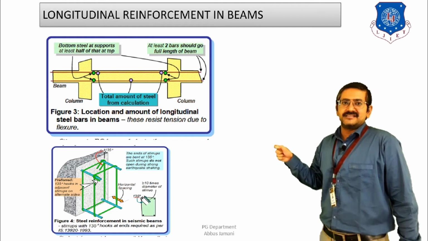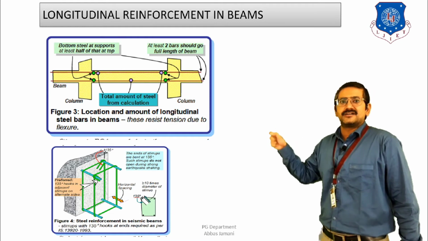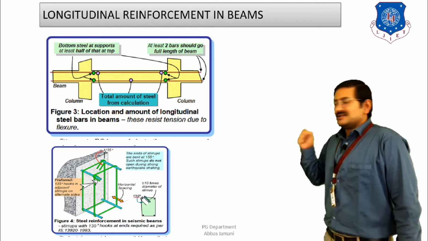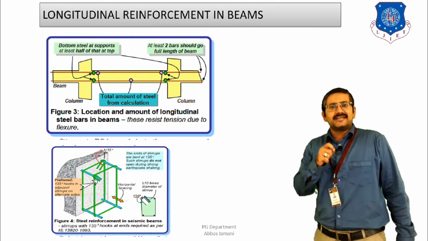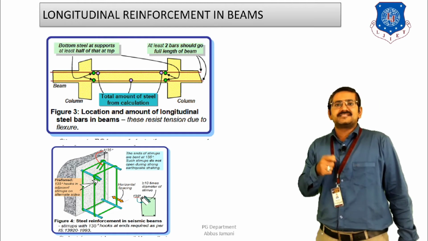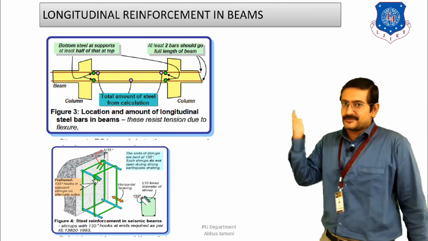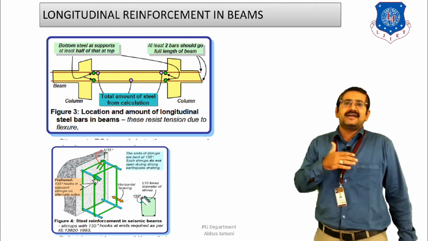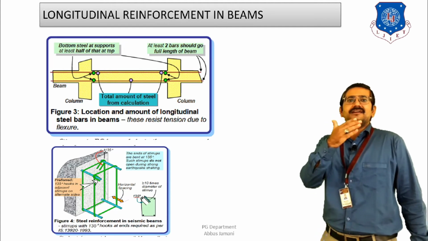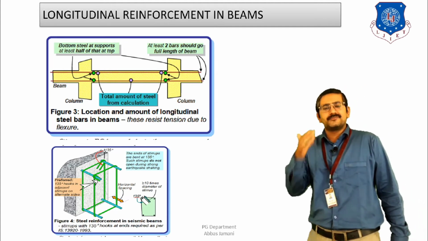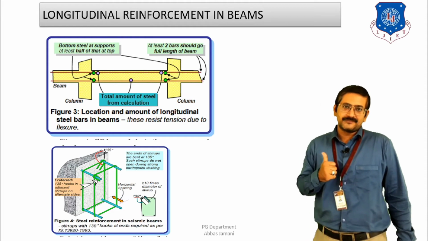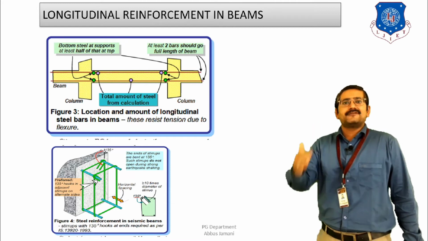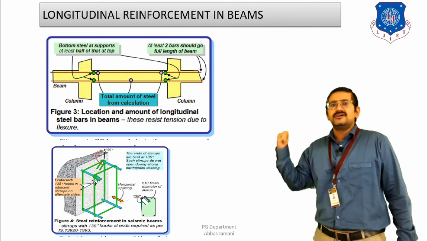the positive steel that has to be provided should be at least 50% of the total negative steel provided at that particular junction, right? So the negative moment, or the tension face, is going to be on the higher side, that is on the top side. If you look at the moment diagram of a continuous beam, we all know that the tension face is going to develop at the top side of the beam, that is near the support, right? So whatever steel you are going to provide for that particular moment, half of that steel has to be provided at the bottom also near this particular junction.